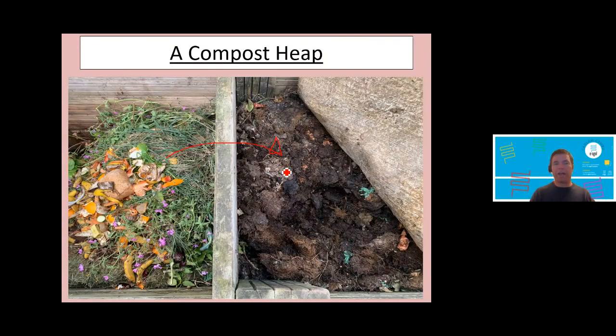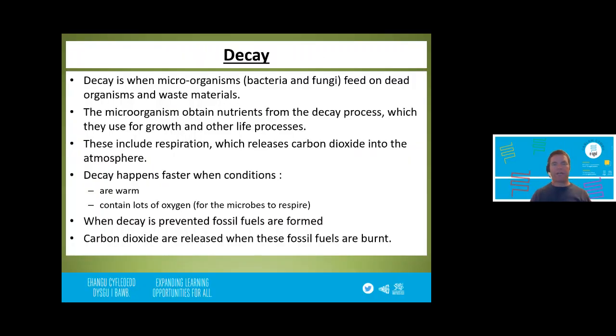And also I could speed it up by turning that compost heap over now and again and therefore introducing air into the compost heap, and that would make it happen faster. And the reason for that is that the microbes that are carrying out that process are able to respire more, and that's really allowing them to thrive. And that means you've got more microorganisms working quicker.